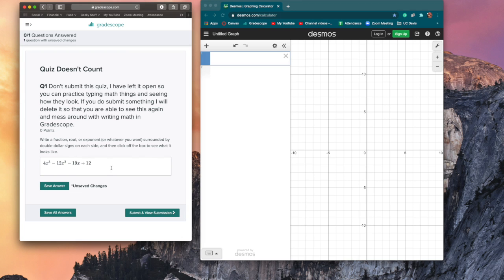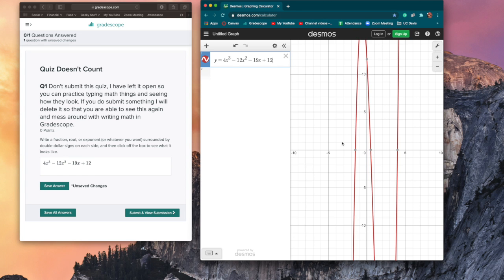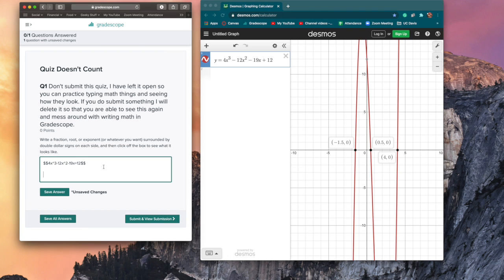And the way we're going to do that is we're going to find the factors by looking at the intercepts of the graph. There's the graph y equals 4x cubed minus 12x squared minus 19x plus 12. I see the intercepts are negative 1.5, which is negative 3/2, positive 0.5, which is 1/2, and positive 4. So my factors should end up being